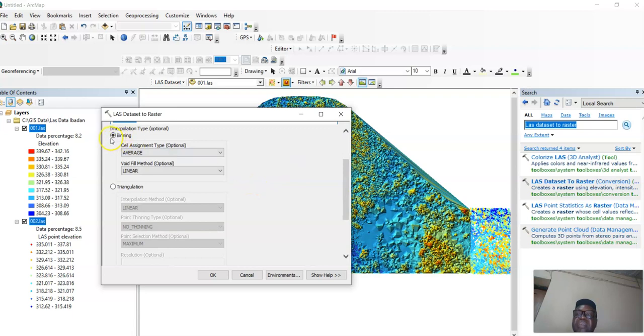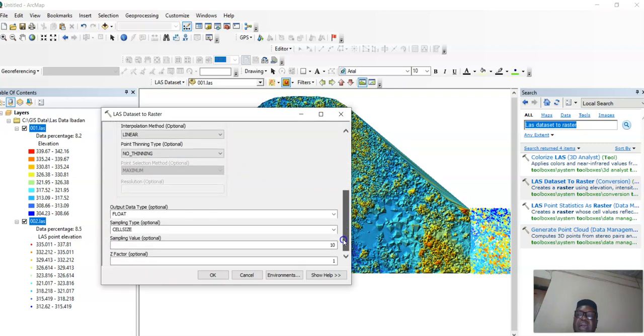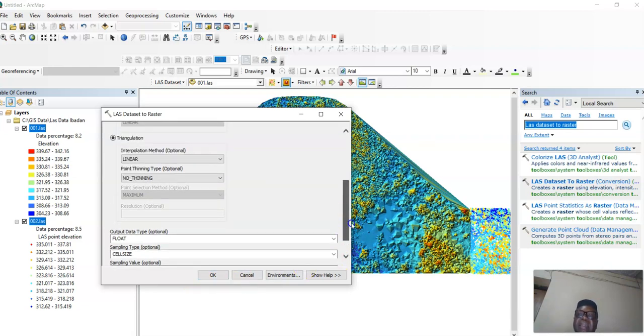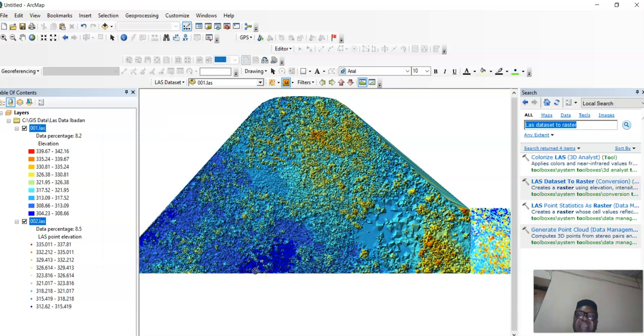You can use binning, which is the interpolation type, or you use triangulation, whichever one you want, and then you click OK. Triangulation and binning are just what it's going to use to convert the data to the elevation.